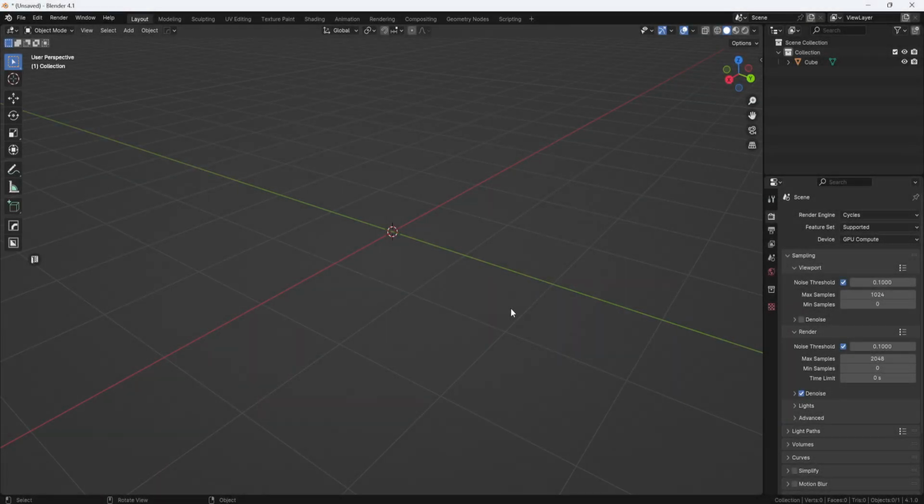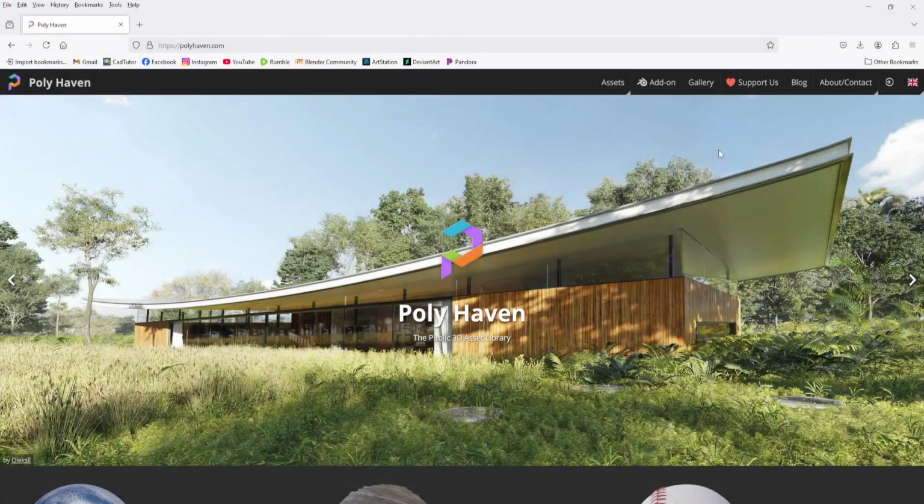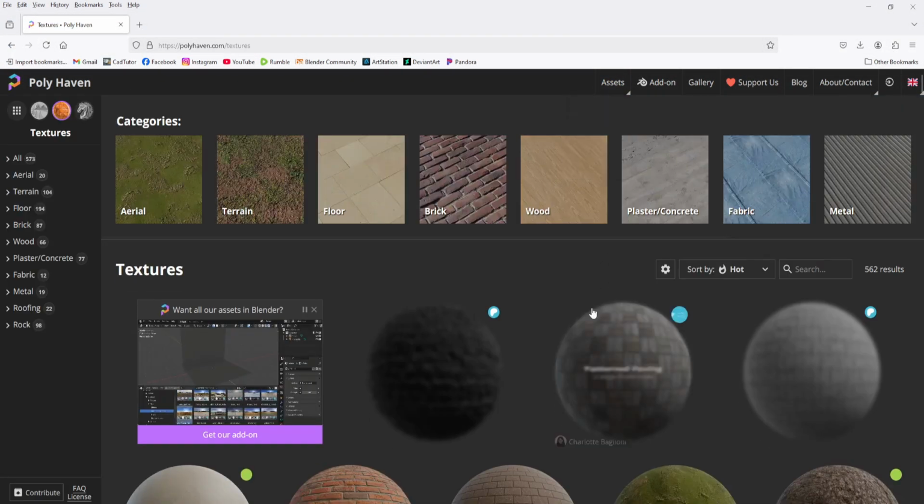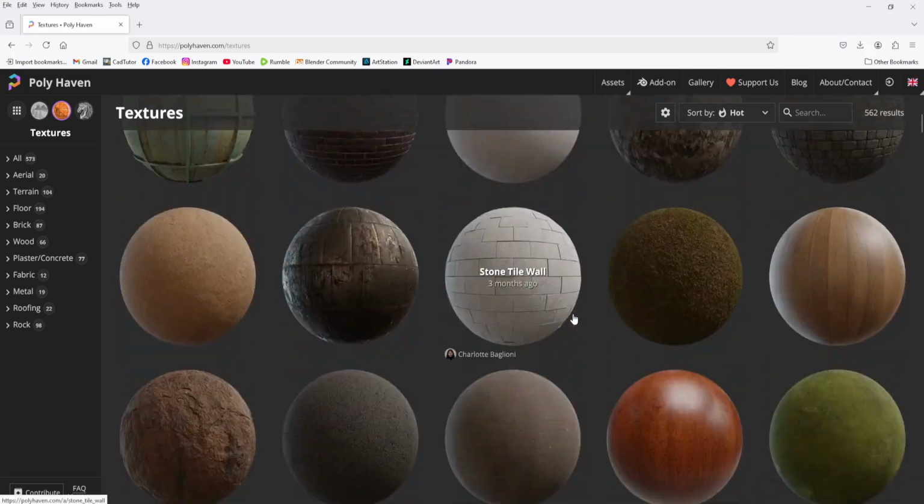Hey, welcome back. Today, I want to quickly talk about how you can download and use custom materials in your Blender projects. It's actually really simple, but it occurred to me that maybe some people might not know how to do this. So, if you go to a site like Polyhaven, and you browse through their textures, and you find